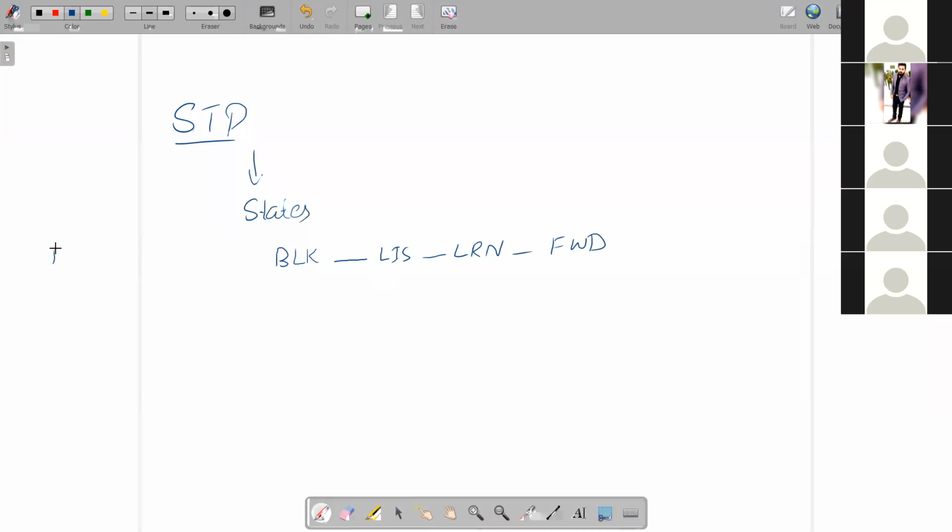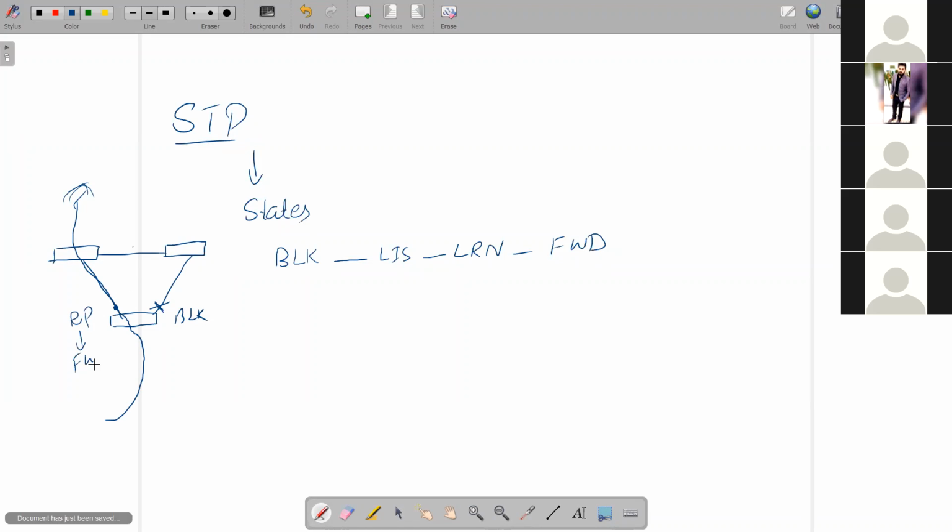What does that mean? That means if we have the kind of topology that we have discussed before the break, and in this topology, STP puts this port into the block state. Okay, fine. And all the traffic is going through this interface and goes outside. All right. But what if this port, which was a root port and was in the forwarding state, if this link goes down, then